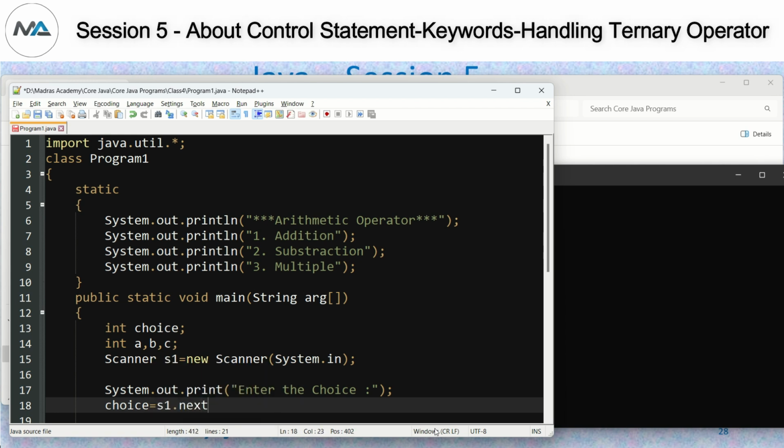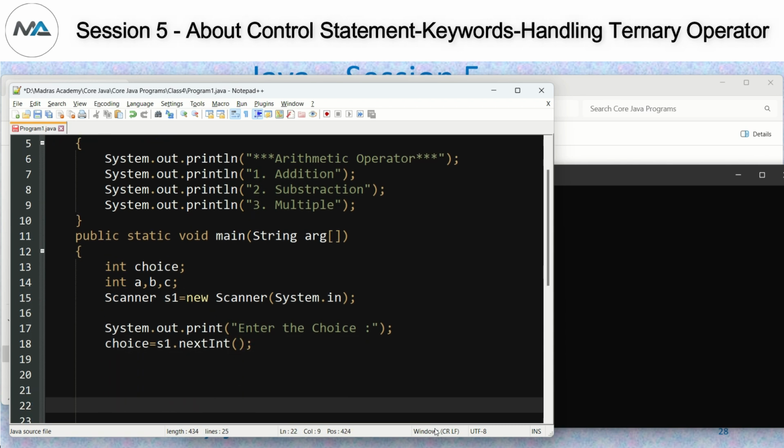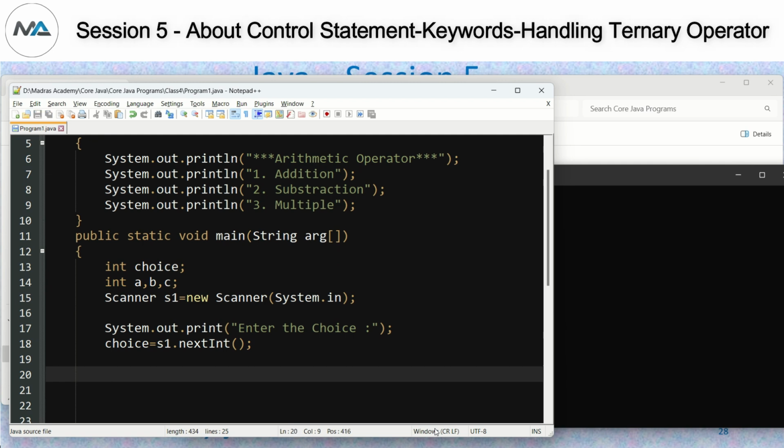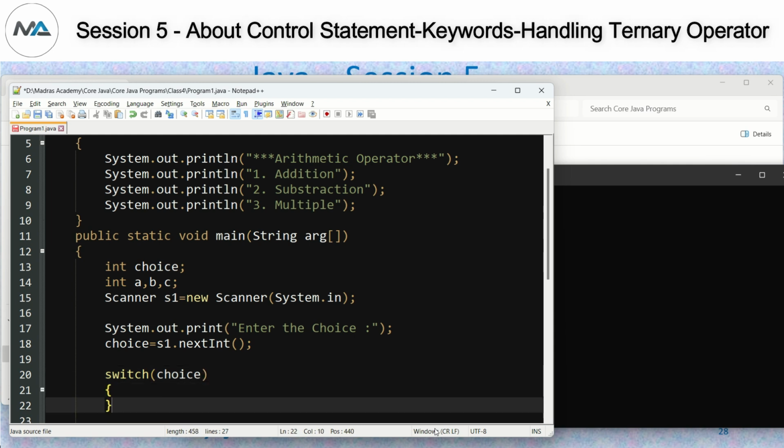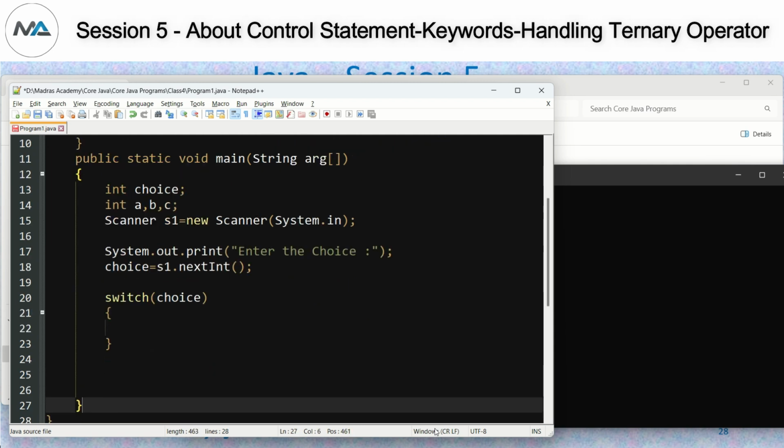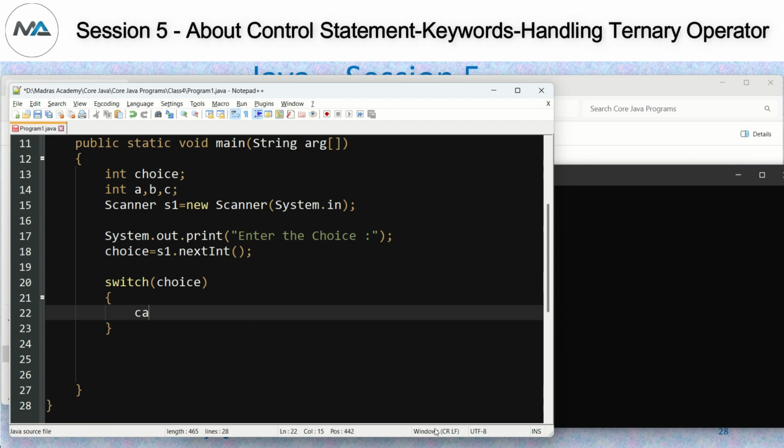I need to get the value for the choice variable in integer type, right? So I'm using the nextInt method, and inside that I'm going to write the choice. Switch within that choice. This is an expression. Choice is an expression. Like this we need to write it, and after that we need to write